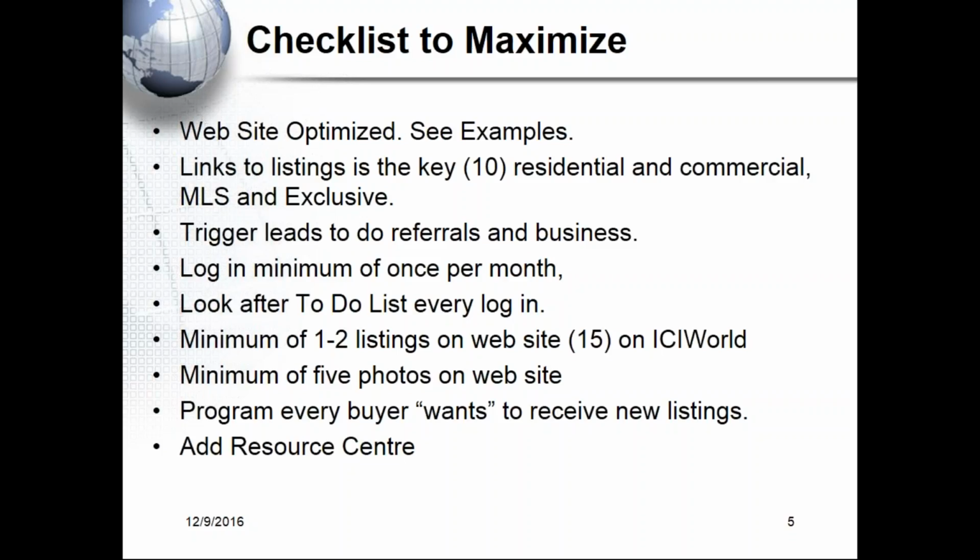You could have a couple of iPads sitting on the kitchen counter and say, here, you just put in what you're looking for, and you choose the area, the neighborhoods that you're looking for. And if something comes available, then over the next while, it'll automatically get sent to you, absolutely free. The website does it automatically. Isn't that wonderful? So 5 people leave that particular open house, and they're now programmed, and then